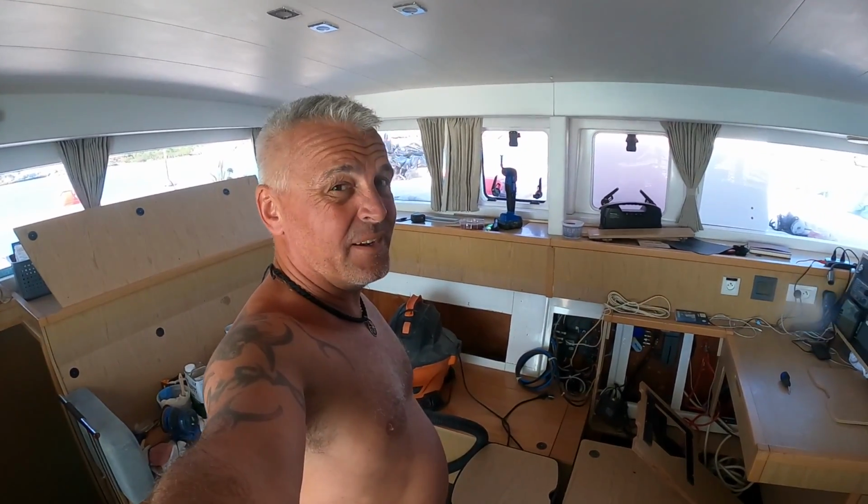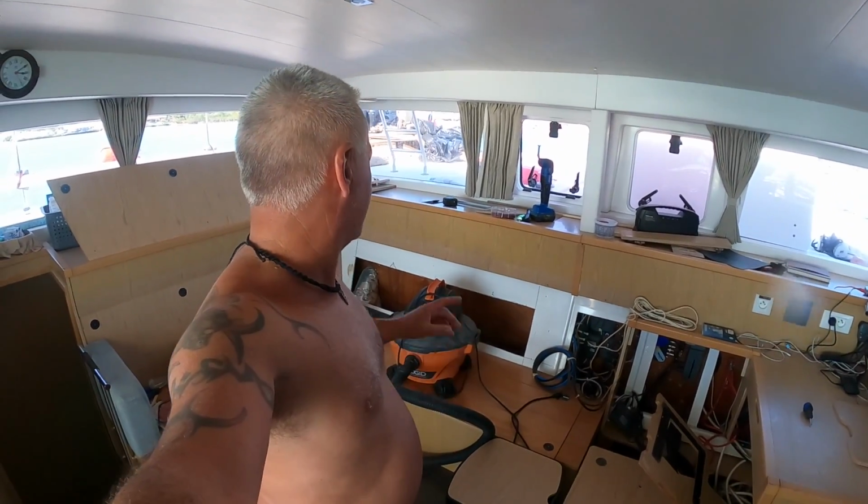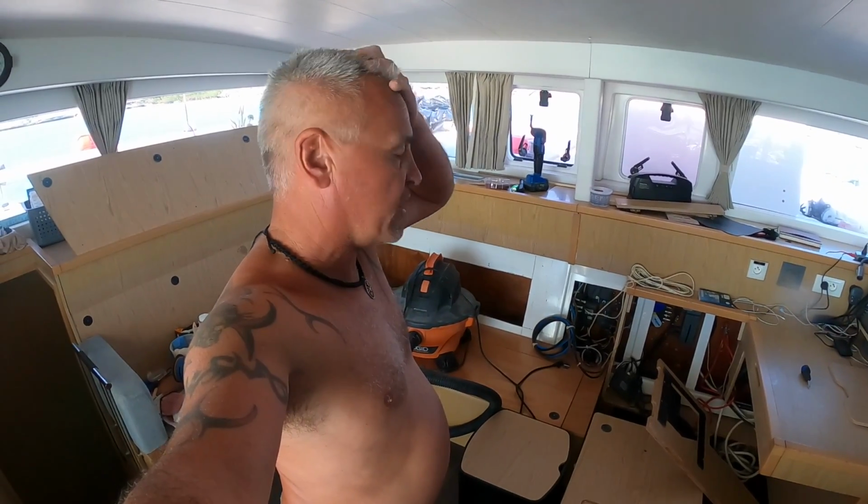Alright, so finally we have glassed this boat up. I'm going to give you a quick rundown of the back here. I know Erica has been picking up...